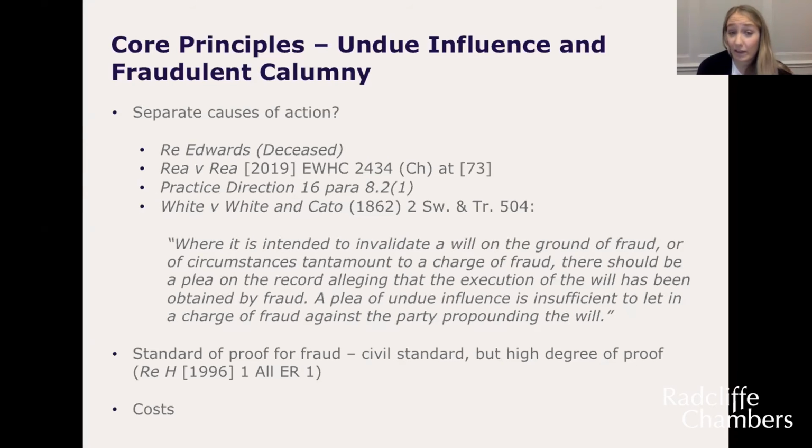In my view, I think they are obviously two different causes of action, because undue influence is about coercion being enforced against someone such that they make a will that they wouldn't have otherwise made. So if you said to them, what are you doing? They would say, well, I'm making this will, it's not really what I want, but I must do it. Whereas fraudulent calumny is very different. It's where by making misrepresentations to the deceased, you poison their mind to such extent that they actually want to make this will, because you've turned their mind against a particular person that otherwise would be a beneficiary.